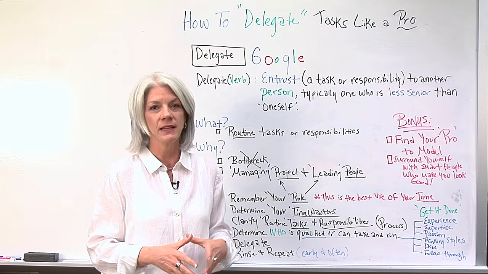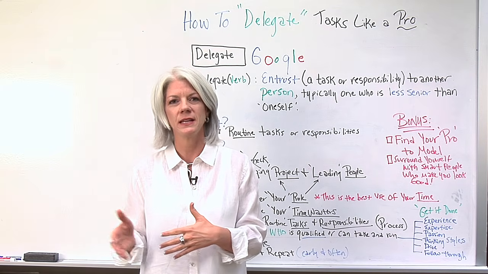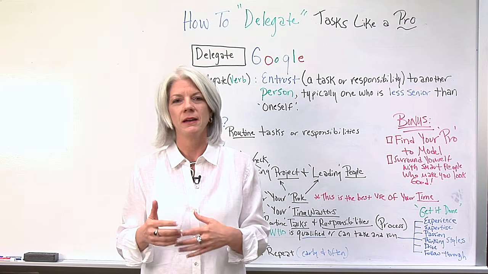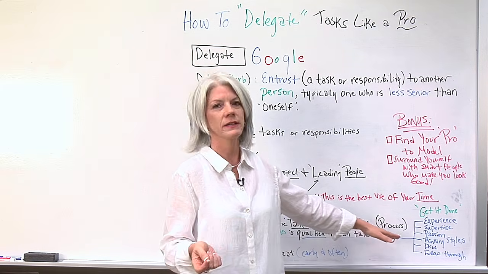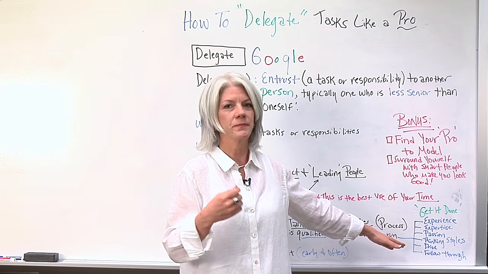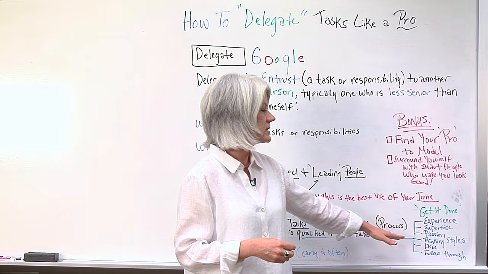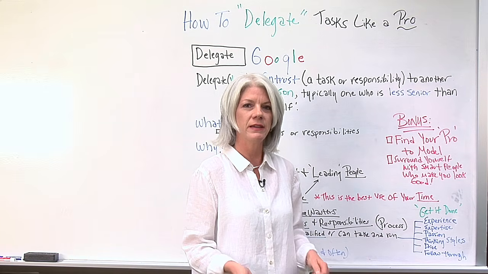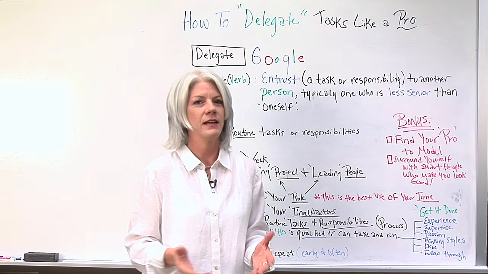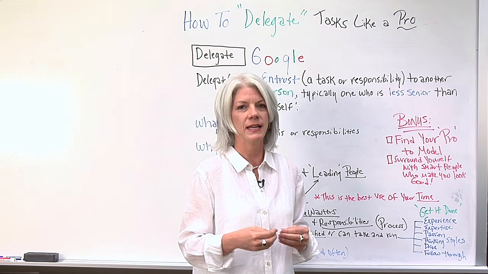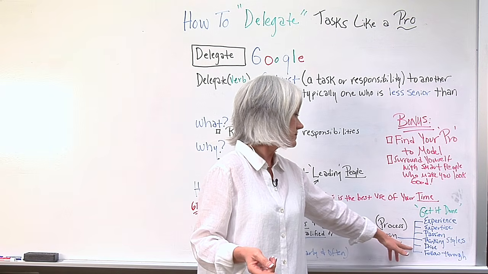be studied, analyzed, if you give that to someone who is not a detailed person, maybe they're more intuitive, more the right brain thinker than the left brain thinker, then you're only going to set them up for failure as well as yourself. It's not going to get done. They're going to get frustrated. If you need someone who's more creative and you give it to someone who is not creative, then again, so understand what you're delegating and what needs to be done to get that piece done.